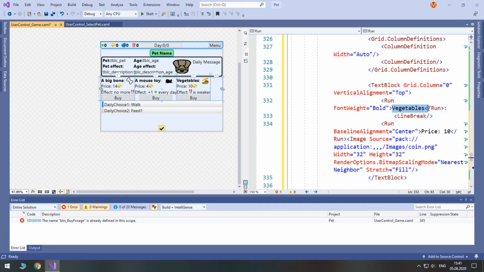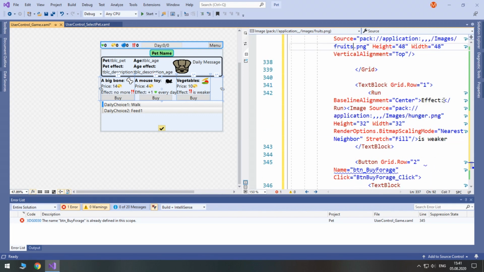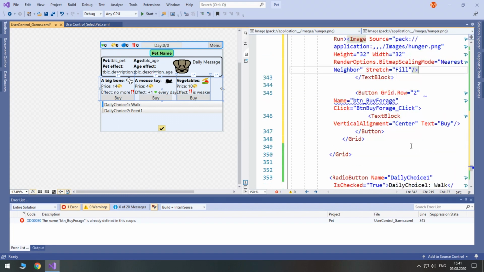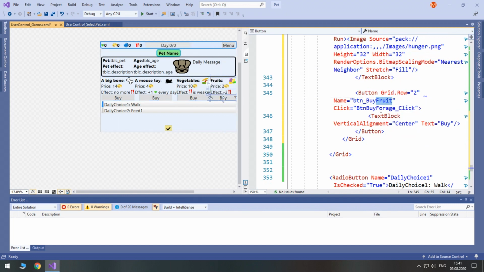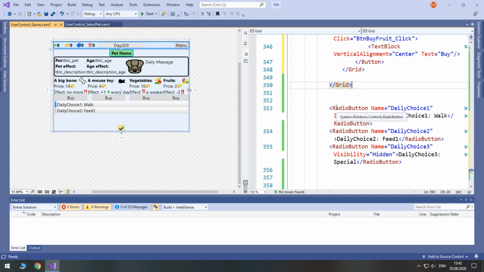Change the name from vegetables to fruits. The price will be 2. Change item image from vegetables to fruits.png. Effect will be -2, then we will have image of hunger, and that's it. The button name will be buy fruit. So we are done with the item and with the whole row for items, and below we have our radio